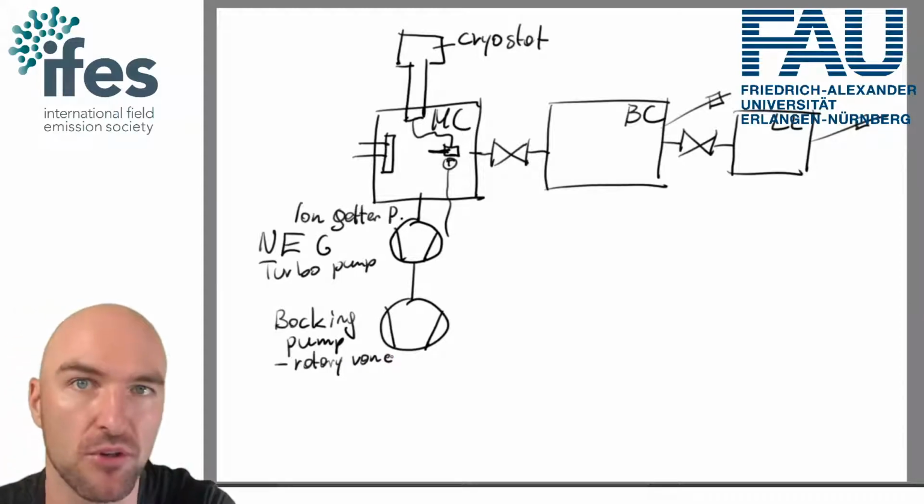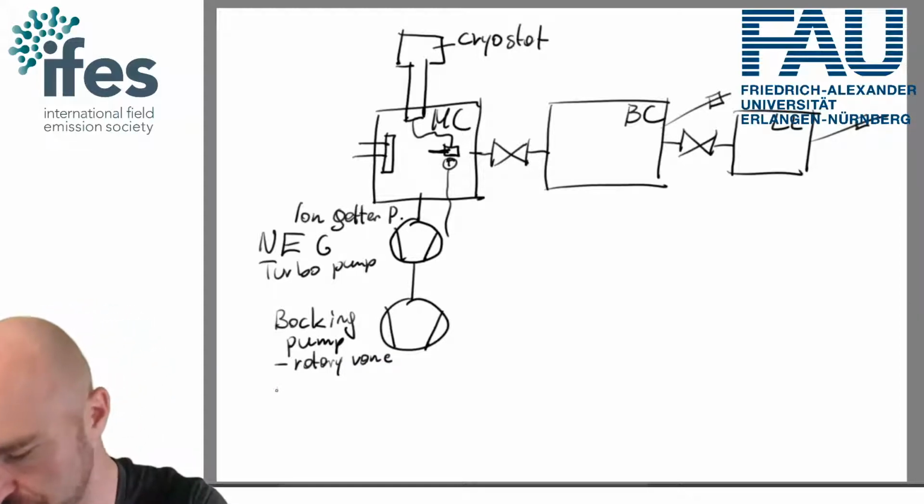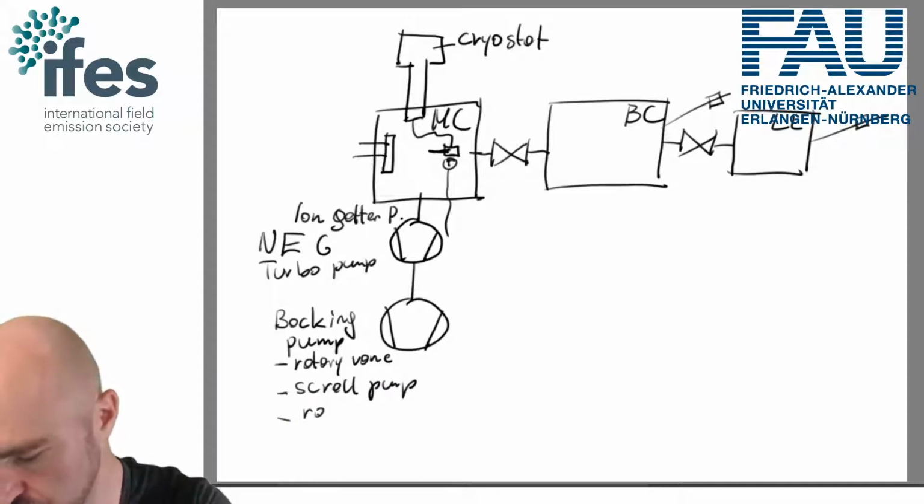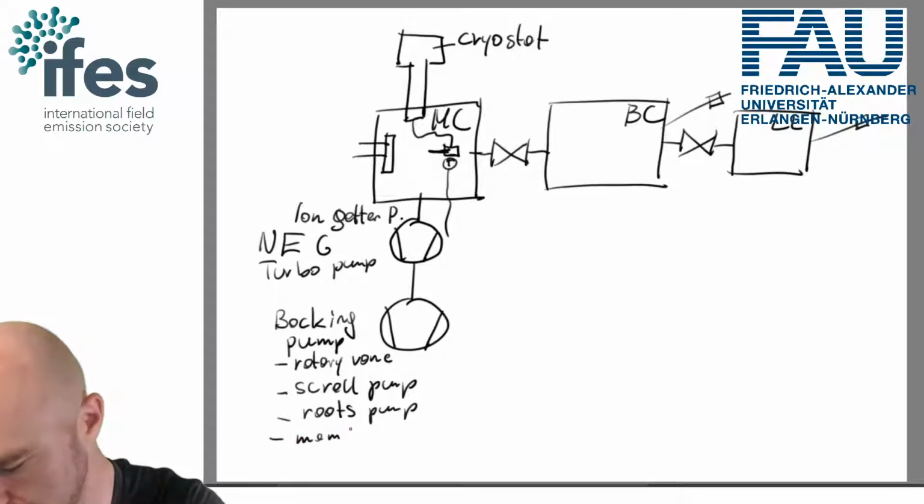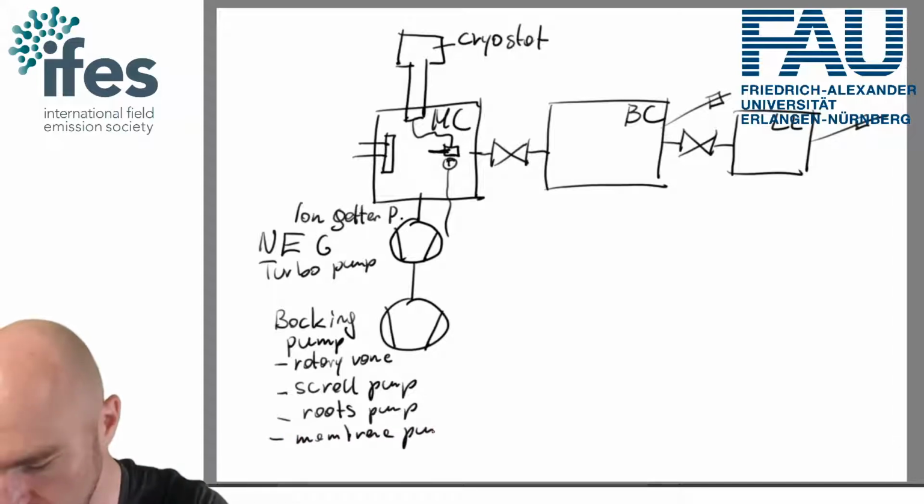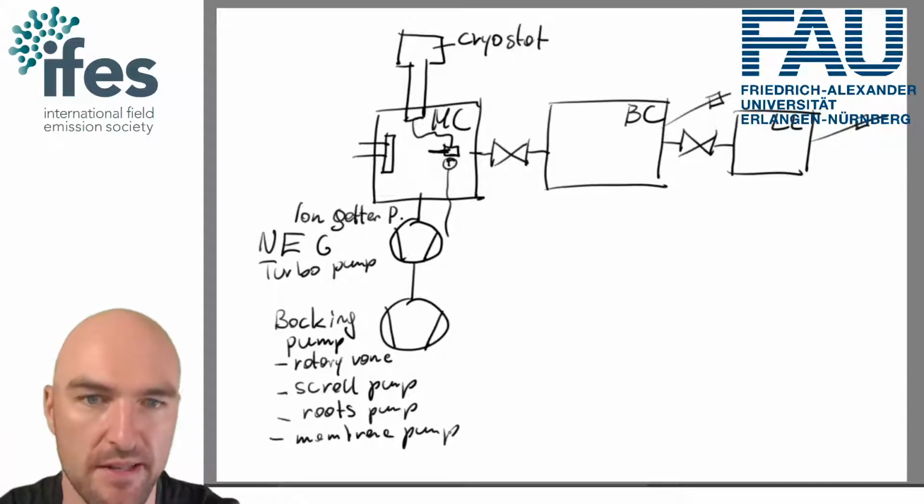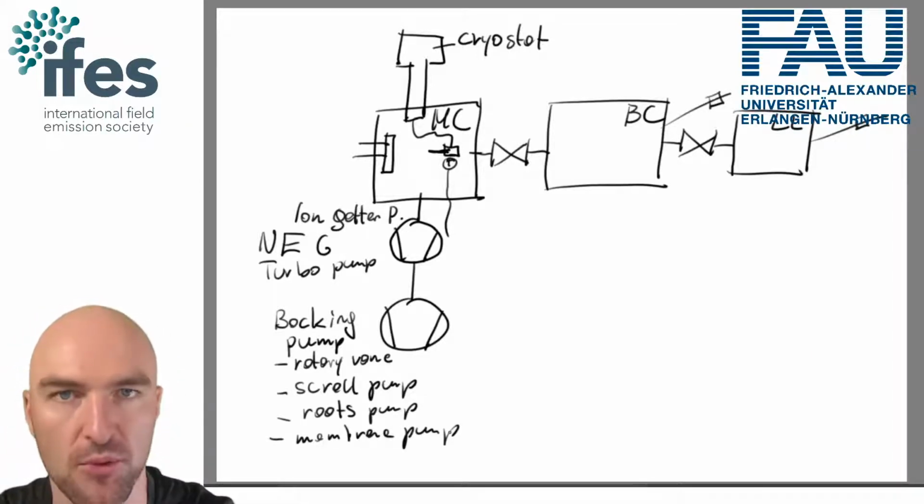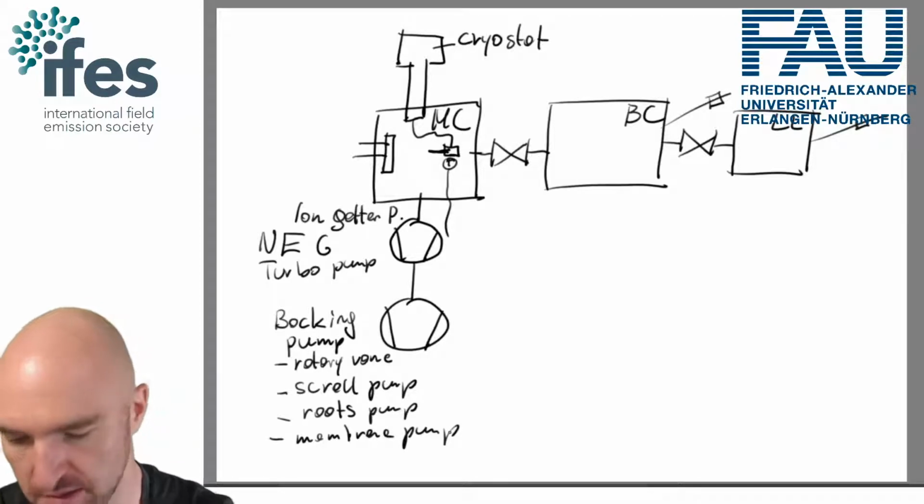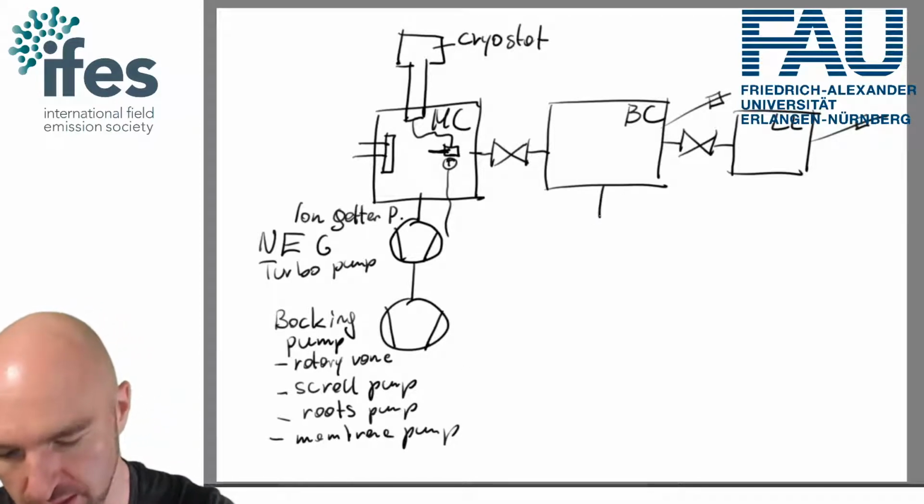And don't worry, you don't need to know yet what these pumps are. We will go through each one. Rotary vane pump or a scroll pump. Or it could be a roots pump, or a membrane pump. Each of these pumps has upsides and downsides, and we'll go through each one of them. And the same thing here. You need to have some kind of primary pump and some kind of backing pump,